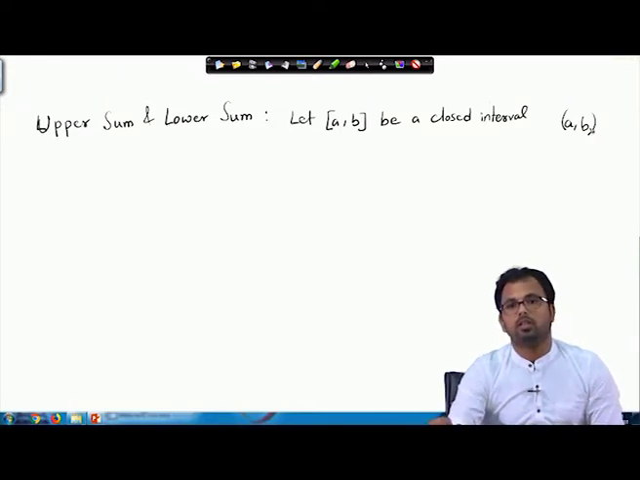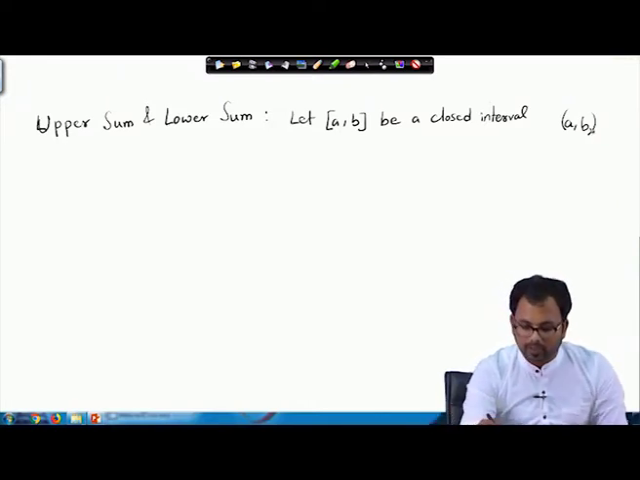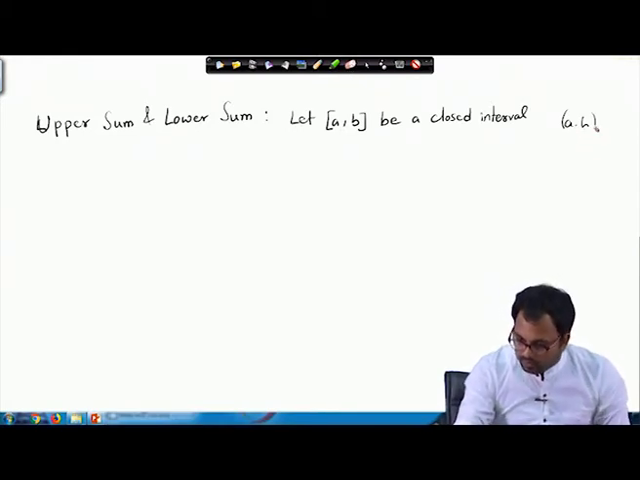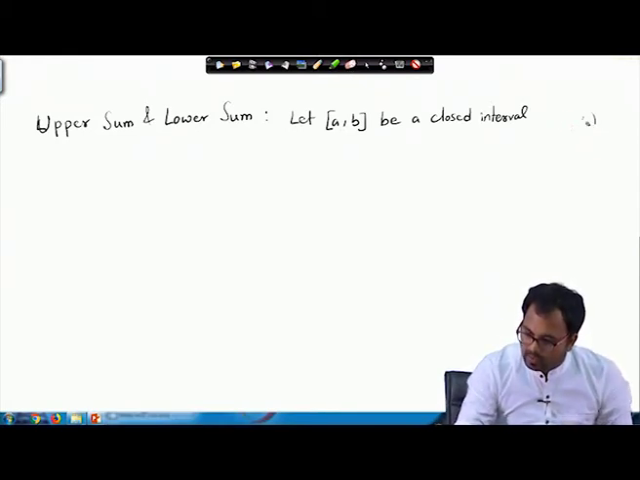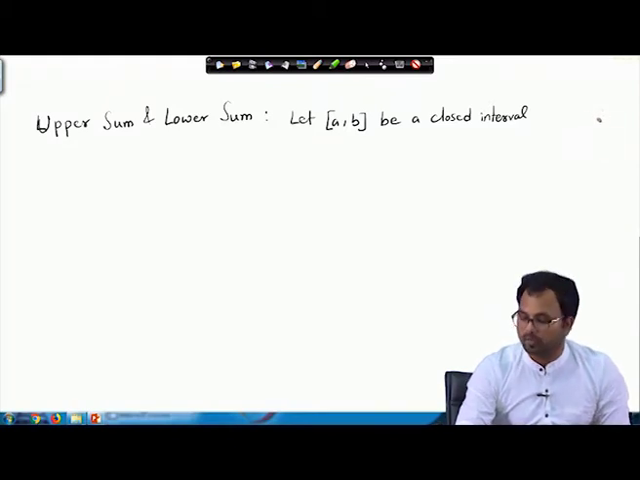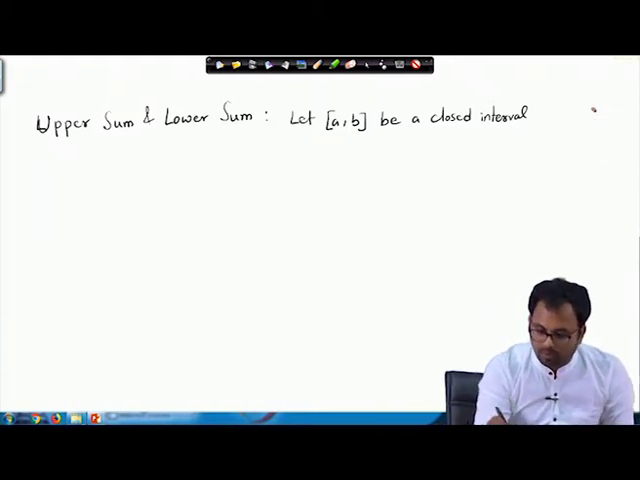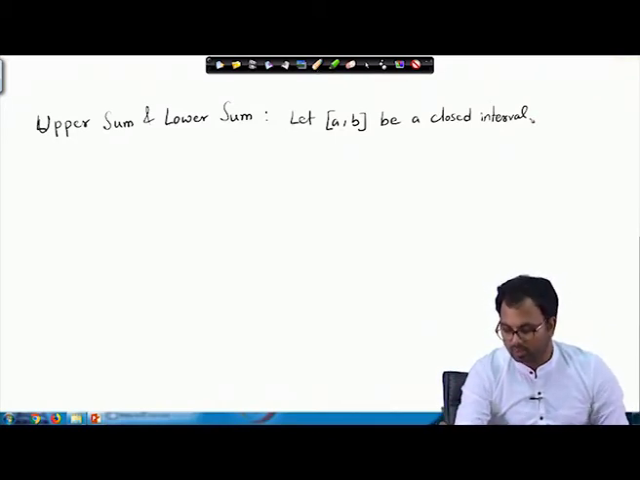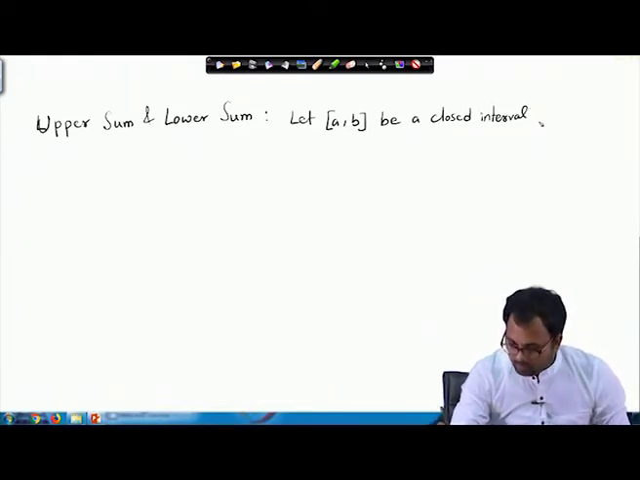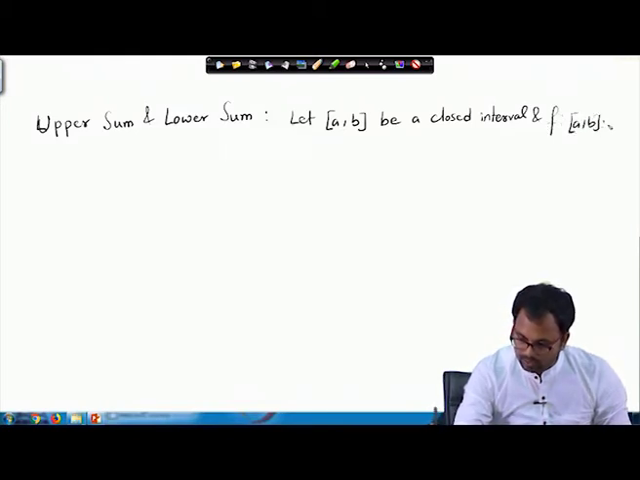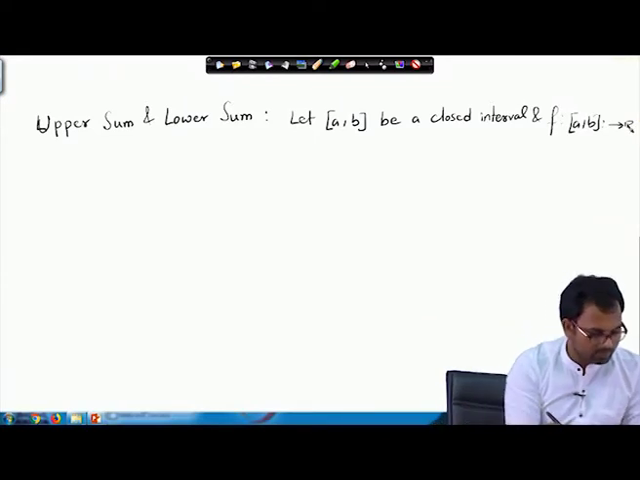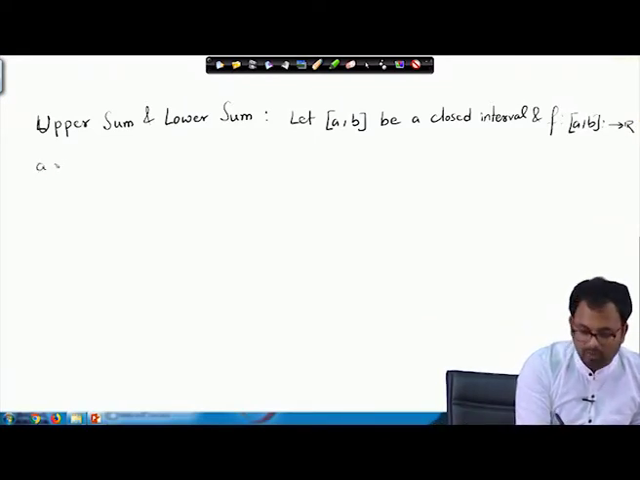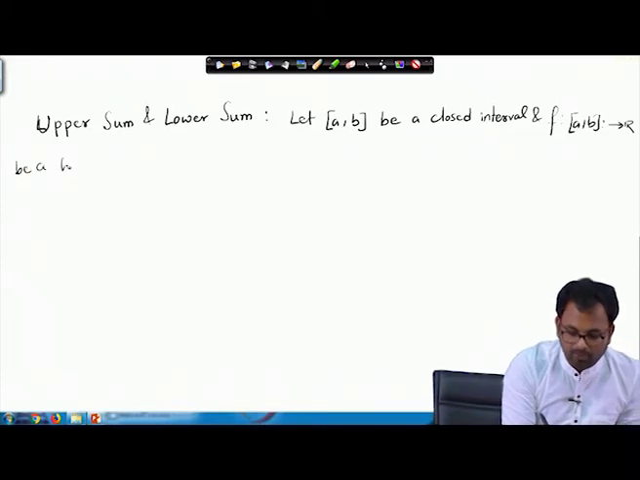So this is the way to write an open interval. All right. Now, in this case, we will always take a closed interval unless we are told otherwise. Now, here we take [a, b] as a closed interval, and f, a mapping from [a, b] to R, be a bounded function